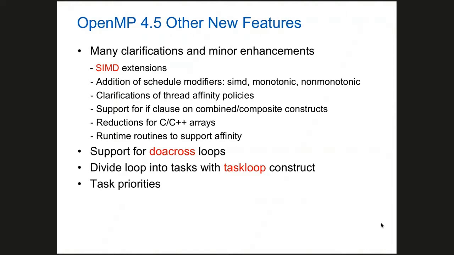And it provided a new construct called taskloop. When you do a loop, you can actually run it as tasks instead of the traditional for loop, something like that. It has a task property, and it has more support for the data racing issues in nested loops, something like that.